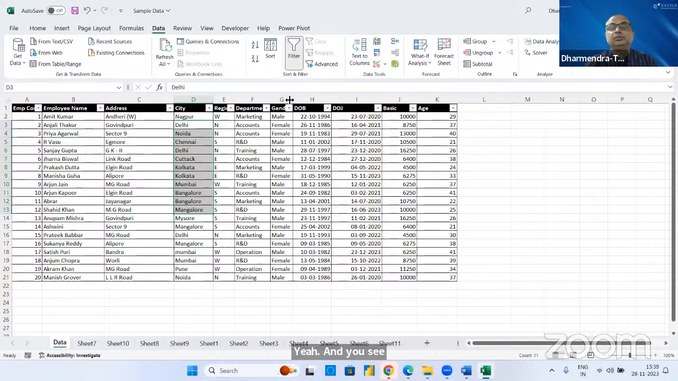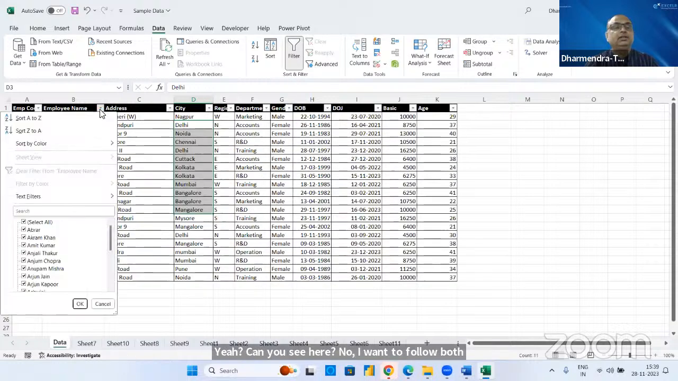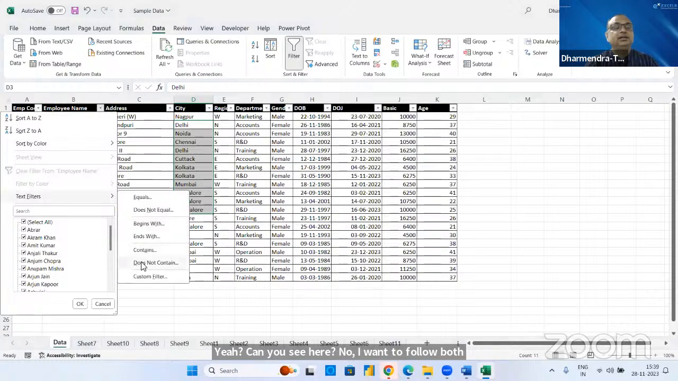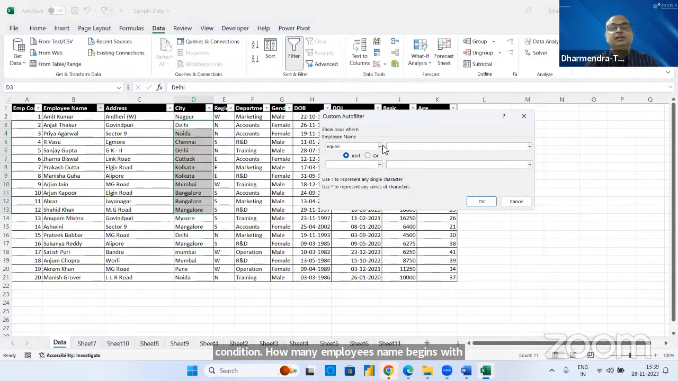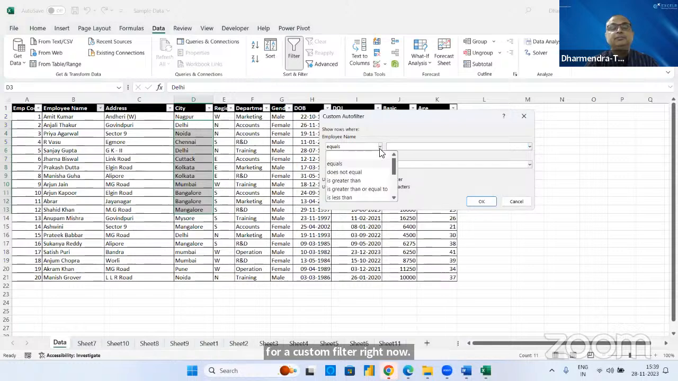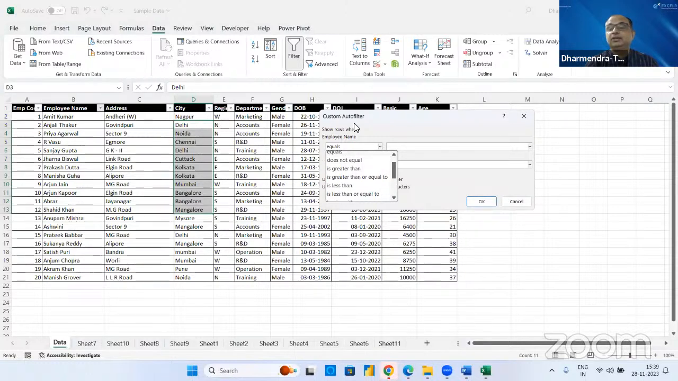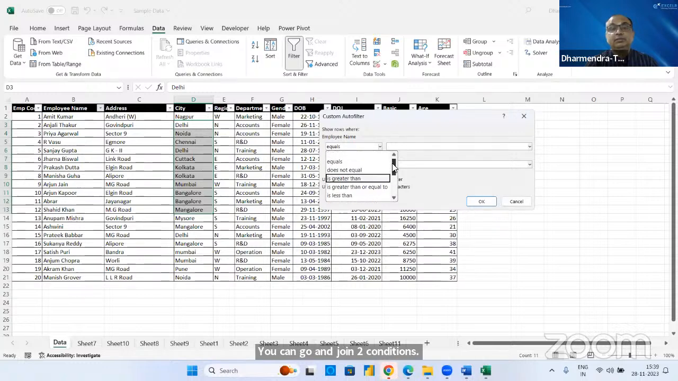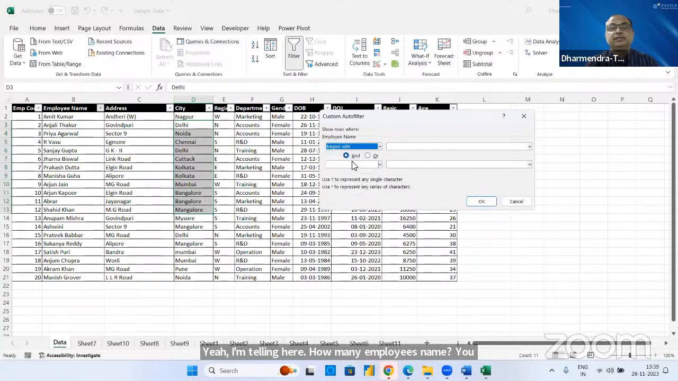Now I want to follow both conditions. How many employees' names begin with A and end with R? So you can go for custom filter right now. Here we have custom filter. You can join two conditions. Here I'm telling how many employees' names, you can say begins with A